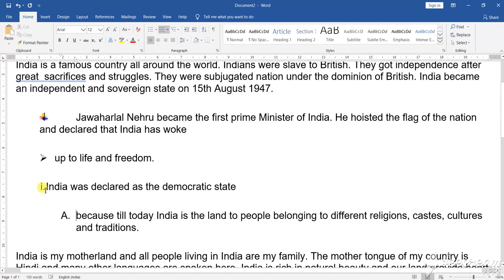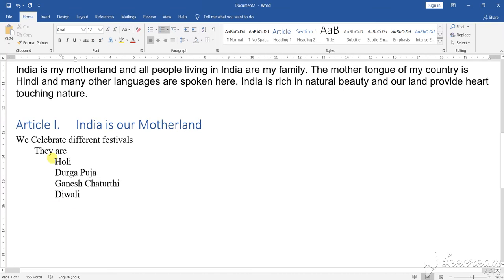Previously, when I wanted to change it, both things were changing. Now what I have done is deleted that one and gone to the bullet portion. I am taking the new one. As soon as I took and selected the new one, the new one has been taken here. Now see the area where I was working, the articles I have given here. That means points and subpoints I am talking about.